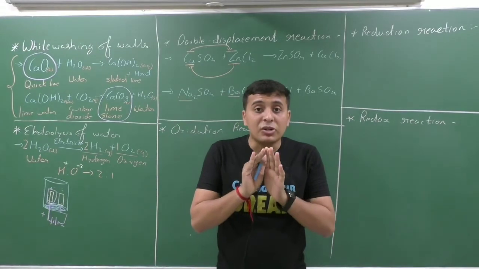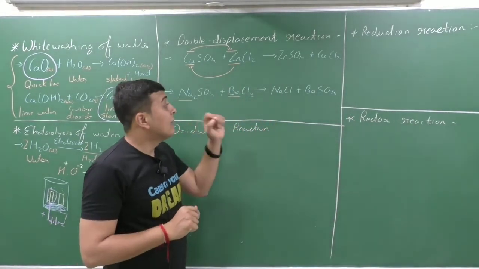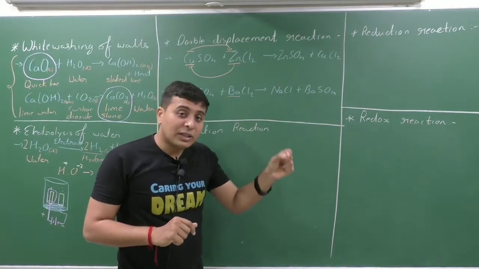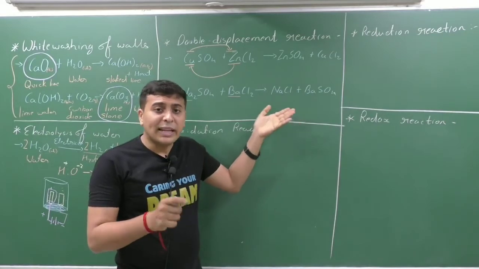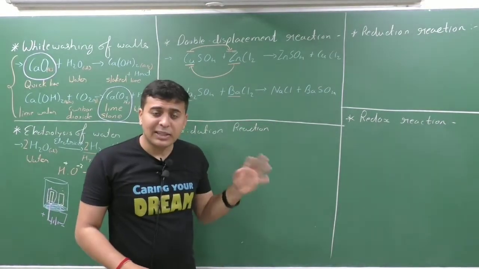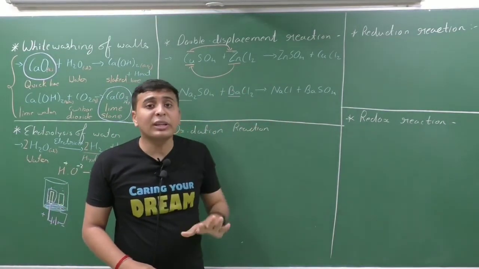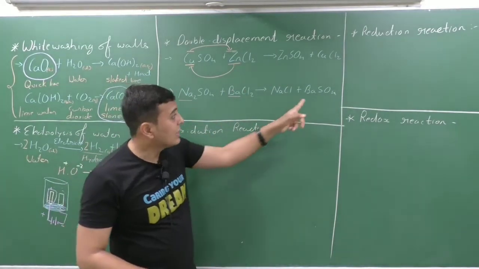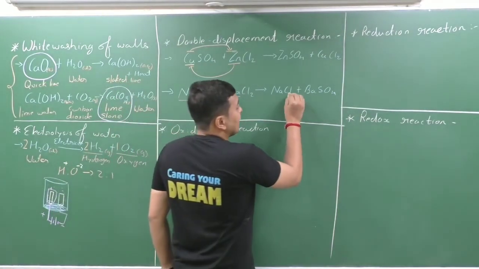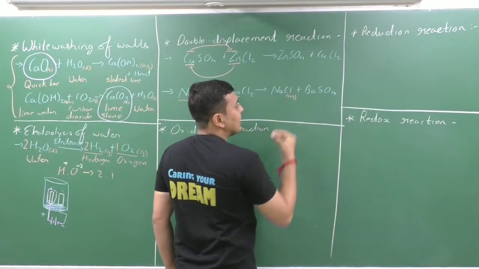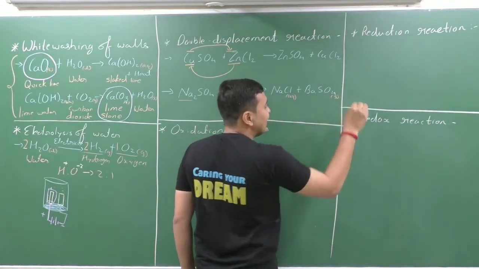So it is quite simple: when one of the compounds, that is NaCl, simple common salt that we eat in our house, is added into the water, it gets dissolved. Then it might happen that another compound may not get dissolved in water, such as BaSO4. So here NaCl will be in aqueous state because it gets dissolved into the water, but BaSO4 does not get dissolved, so it is solid in state.